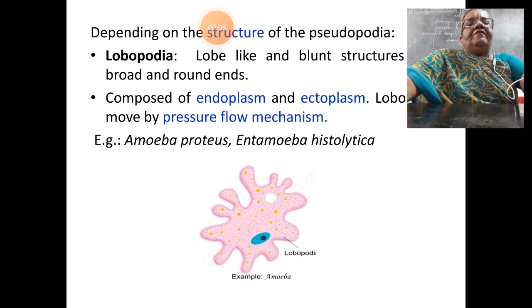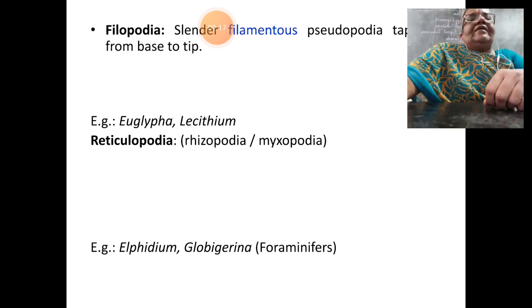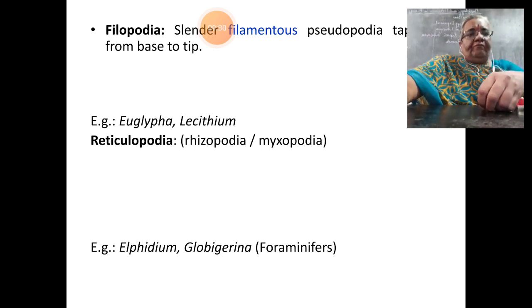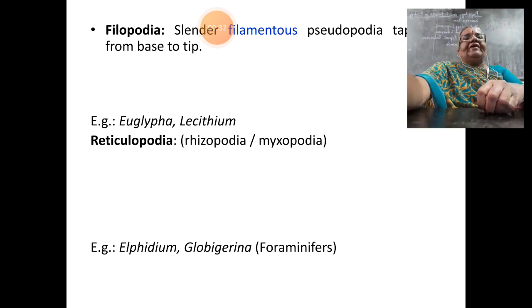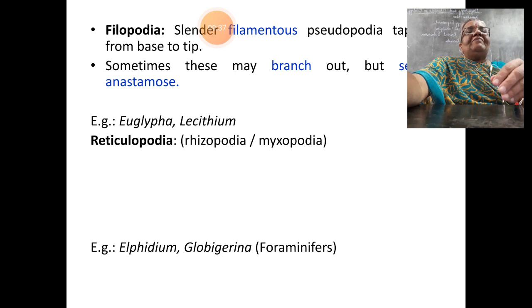You can see formation of so many lobopods, right? This is how it looks like. Then the second type of pseudopodia is phylopodia. Phyli means thread. These are slender filamentous pseudopodia tapering from base to the tip. Sometimes they may branch out,